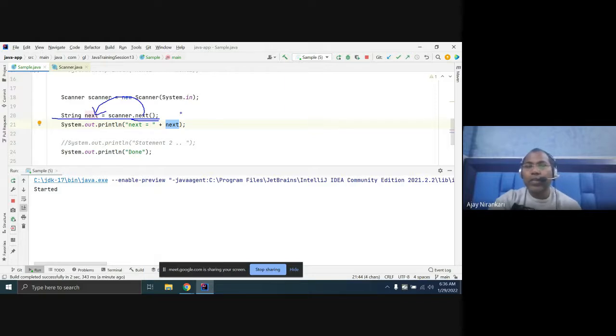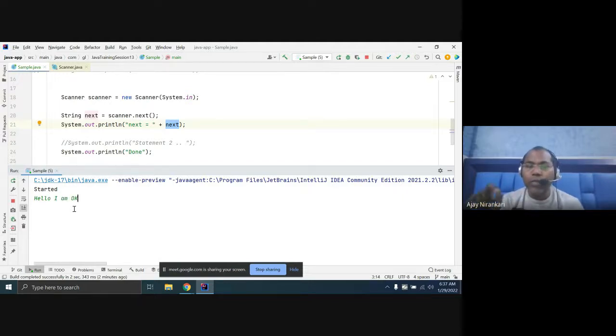It expects you to give input from System.in, meaning from your laptop, your system, you give some input. Then the code will go to the next line, until then it is waiting. You may just enter it or pass any character. So let us go to my terminal and I say hello, hello, I am okay.